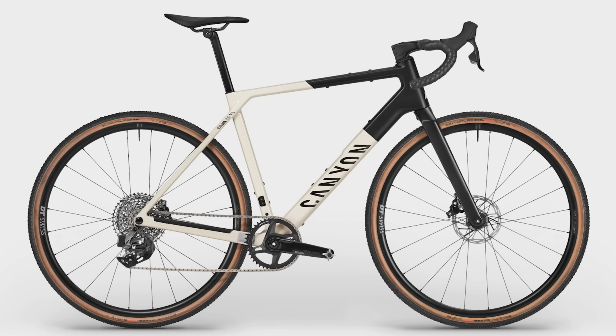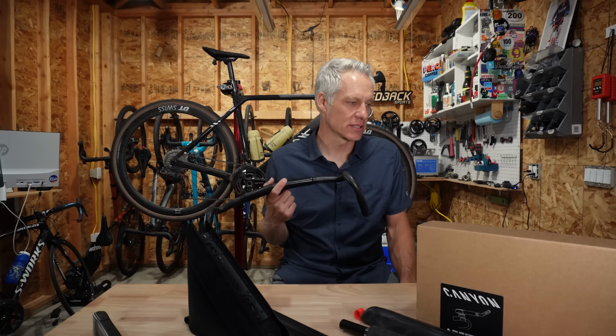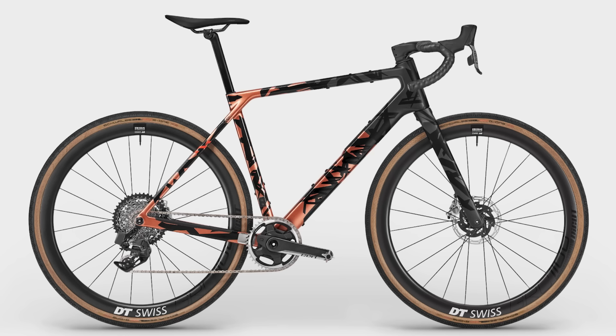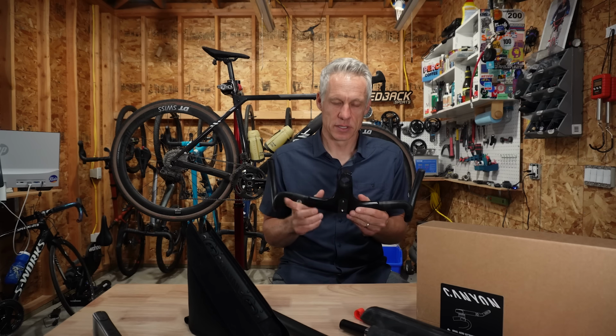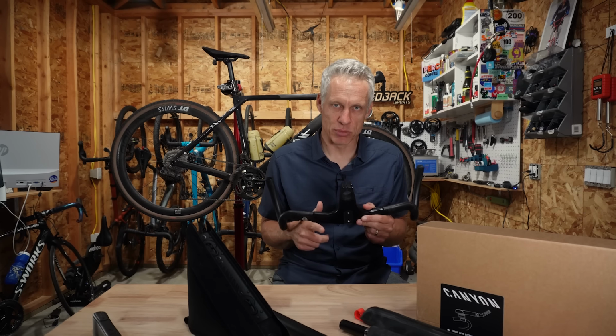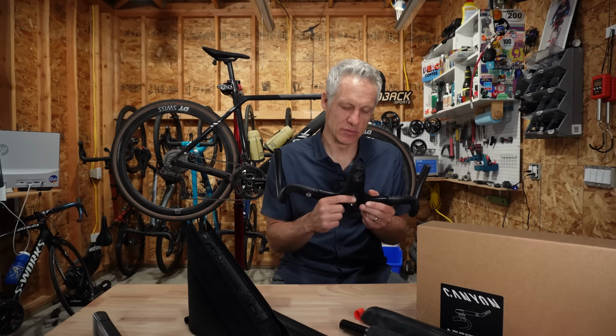Yeah, the Grail CF7, $2,699. There are 2, 4, 6, 7 models available in the US, up through the Grail CFR Limited, which is $8,999. Again, to reiterate some of the numbers, the stock bars run from 60 to 80 stem lengths and from